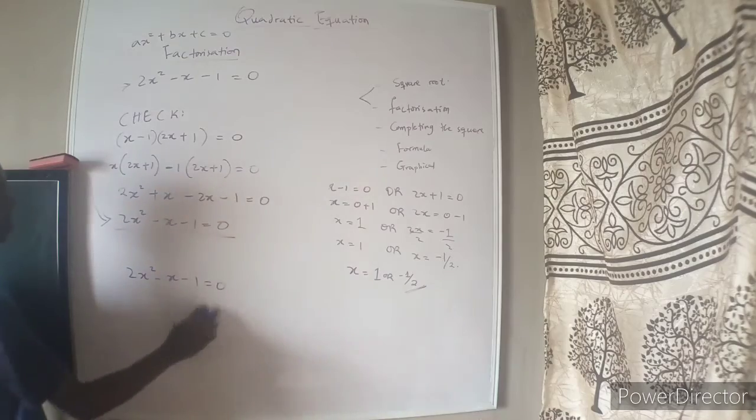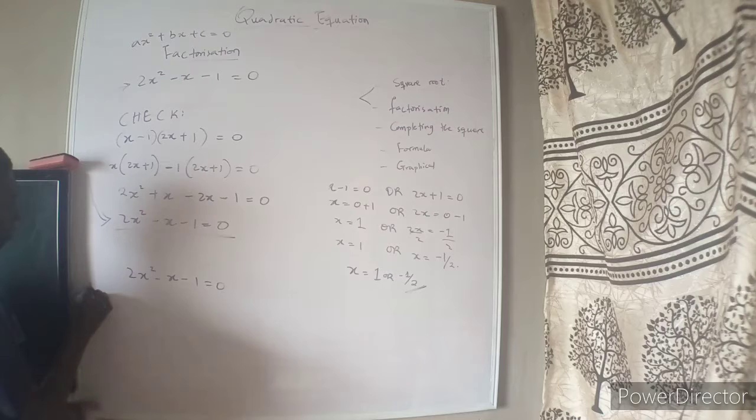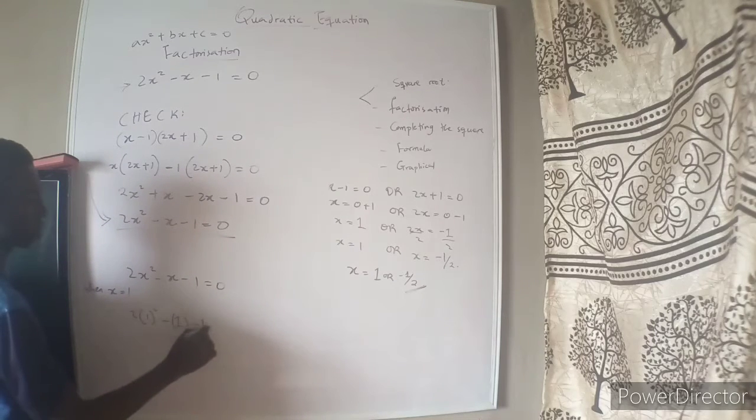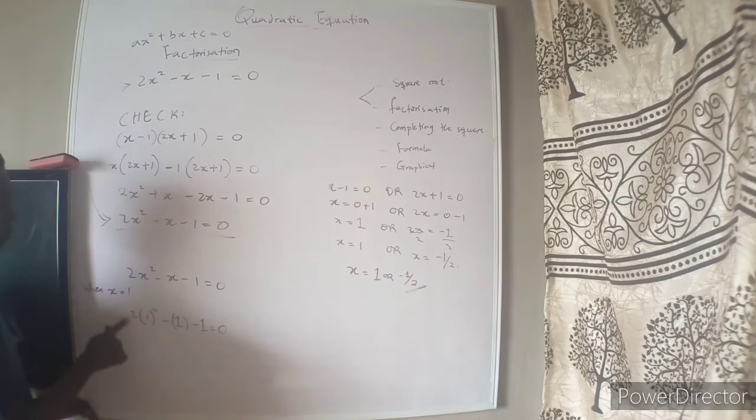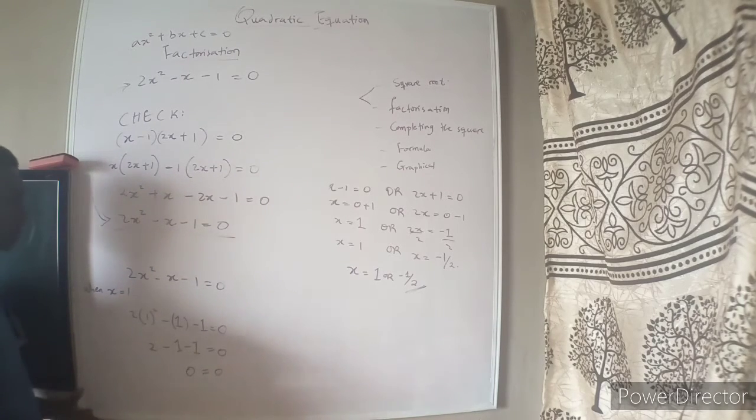So this is the question. So my x is equal to 1. Let's try 1 first. So when x equals 1, what happens? My 2 into bracket 1 squared, minus 1 equals 0. Anywhere you have x, you put 1. It must give you 0. So 2 times 1 squared is still 2, minus 1. So 2 minus 1 is 1. 1 minus 1 is 0. So since the left hand side is equal to the right hand side, definitely 1 is correct as a solution